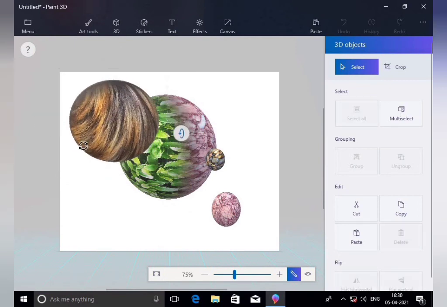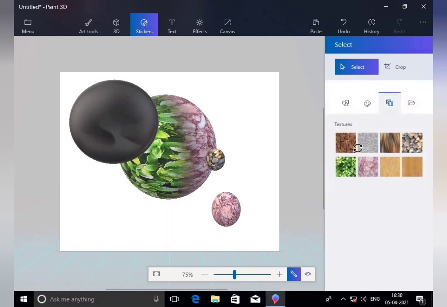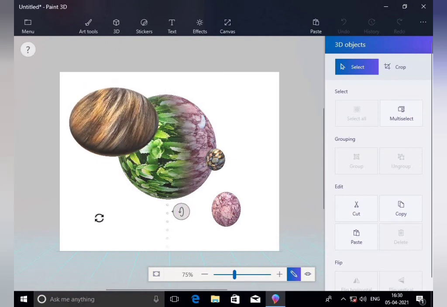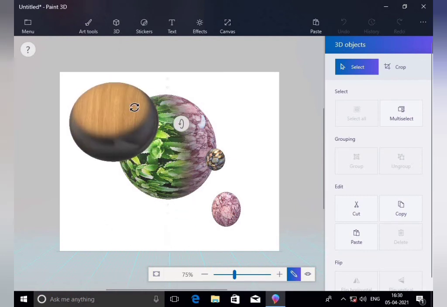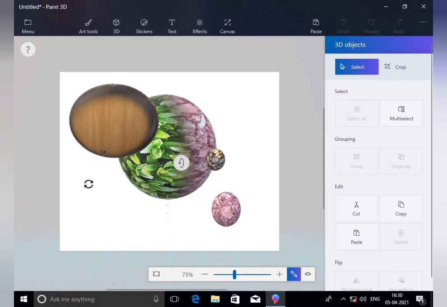For example, on this side we can add some texture. So now add. See, now we're moving the shade. See how it is. Very nice, right? Looks interesting.